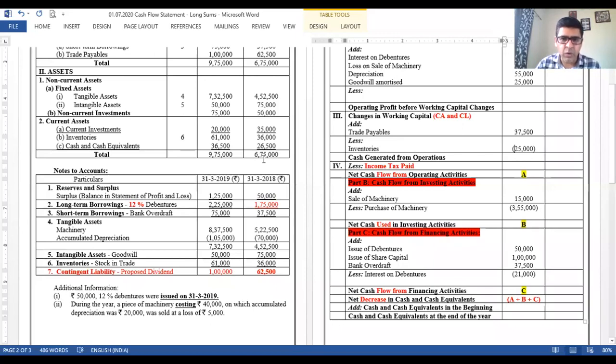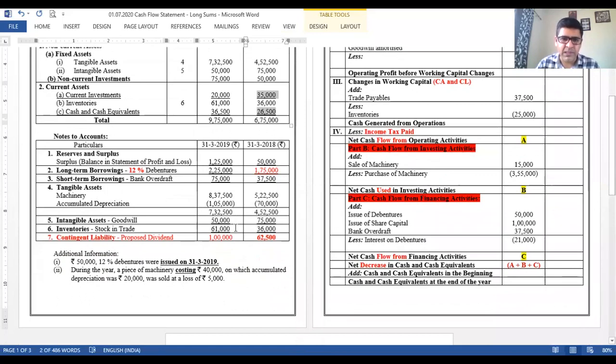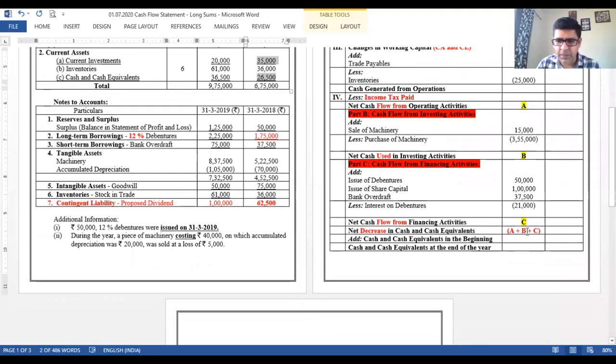So let us understand how to deal with cash and cash equivalents. We have opening balance and we have closing balance as well. Please get the total of these two values which I have selected. 35 plus 26,500, 61,500 I think. Okay, so 61,500, that's the opening balance of cash and cash equivalent. So I'll be putting it at the end. You can see that A plus B plus C on the right hand side. Add cash and cash equivalents in the beginning. So I'll place it over here,